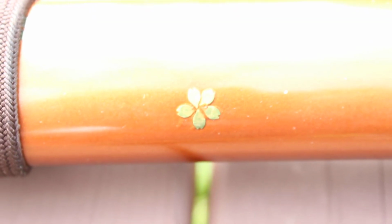There we go, little cherry blossoms, and you'll see them throughout on this side and more so on the other side. Now it is buffalo horn on the Kojiria and the Kuri Gata, buffalo horn on the Koiguchi also, and the Koiguchi is